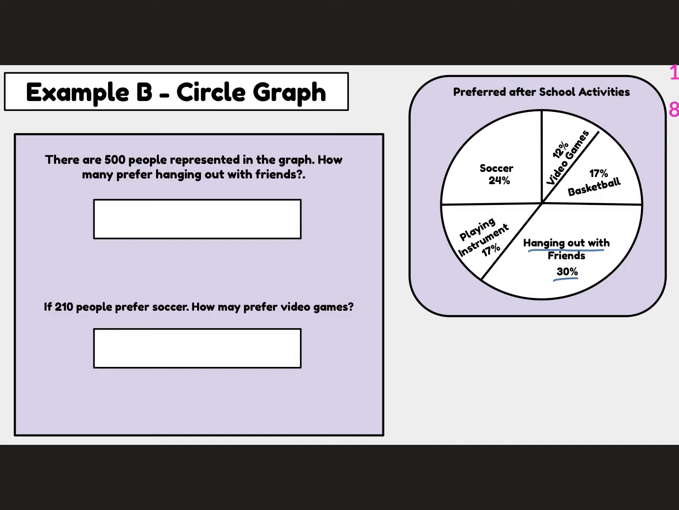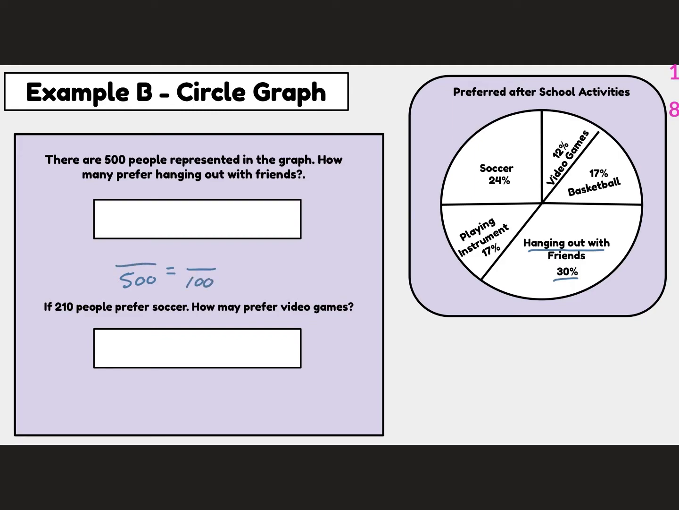I could be multiplying by a fraction. I could use my Desmos calculator, but I'm going to make a proportion. Again, proportion is not the only way you can do this, but it is a way you could do it. So I know that there are 500 people total, and I know that that is going to be equal to